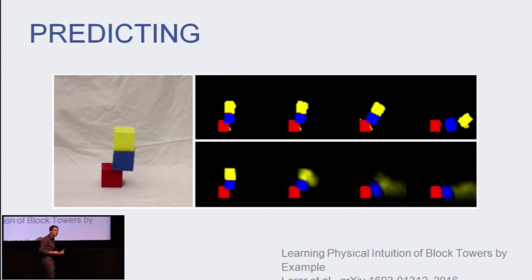Right now, when we think about prediction, we're dealing with these sort of baby tasks where we have, for instance here, a bunch of blocks. They're stacked up on top of each other. All you have to do is predict, are those blocks going to fall over or not? It's incredibly simple. And if they do fall over, maybe which way are they going to fall? This is something that can be done by a baby. Yet this is the state of the art in the research right now.